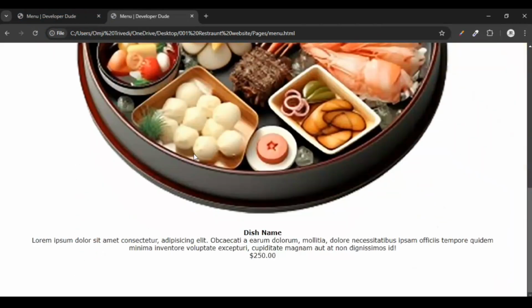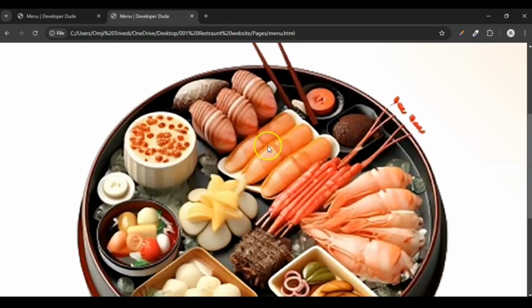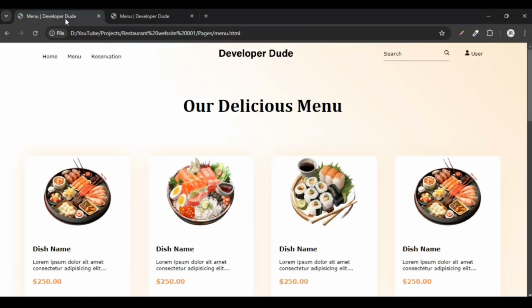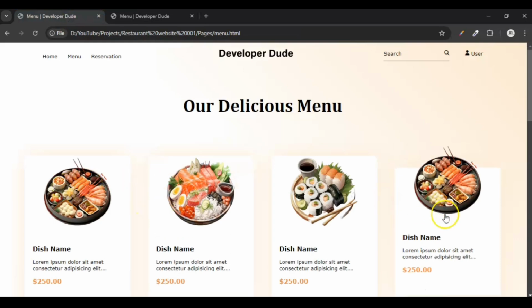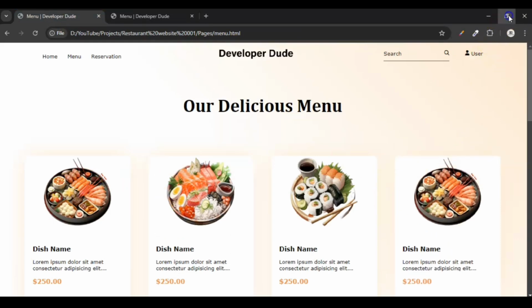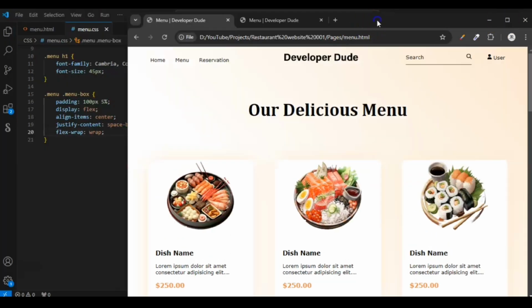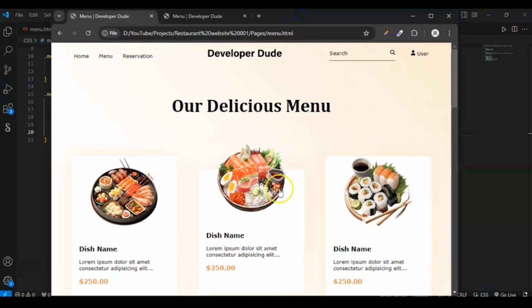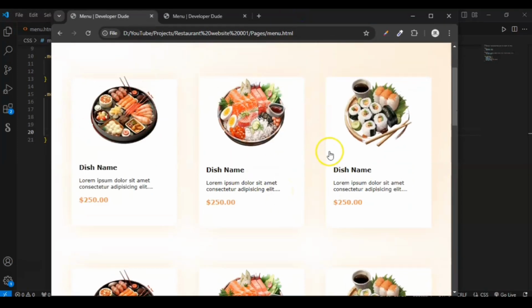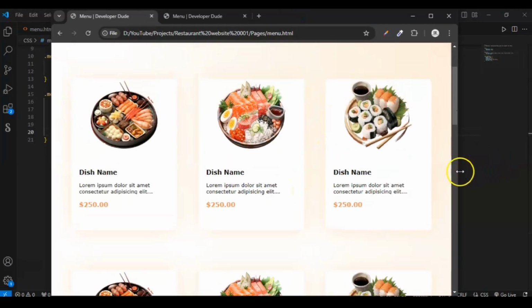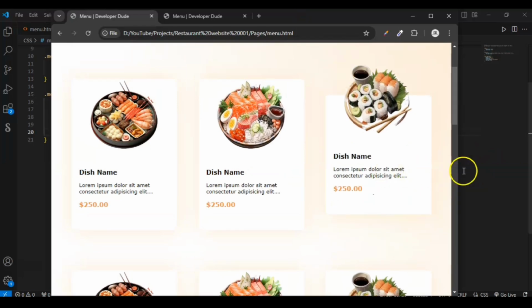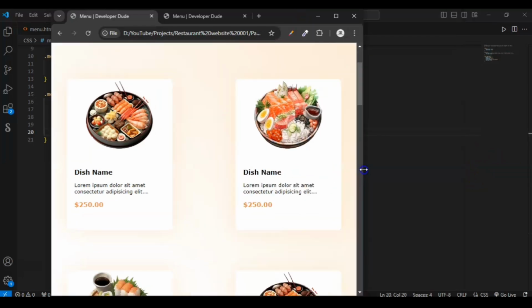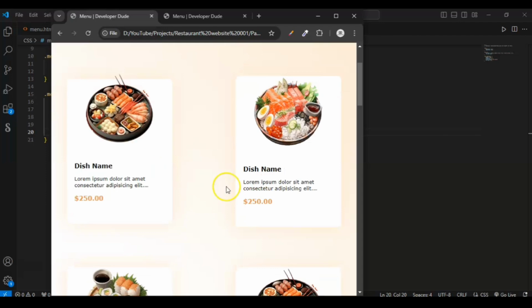Nothing has changed. Let me show you what flex-wrap is. Look, here we have 4 items. When we go to a smaller size, you can see now 3 items here. When we go to a smaller screen size, here you can see 2 items.